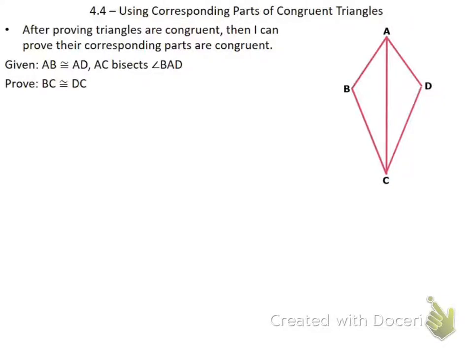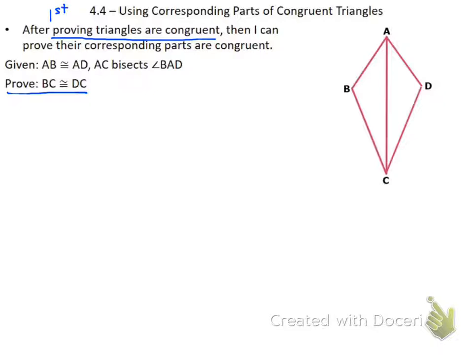Okay, so today we are going to learn, it's similar, we're still proving triangles are equal, but we're going to use something called corresponding parts of congruent triangles. So when we do this, just like in the first proof, we want to prove that BC is equal to DC. And we won't be able to prove that any other way other than first, at the top underline, proving triangles congruent. So that's the first thing we're going to do, is prove that our triangles are congruent to each other,